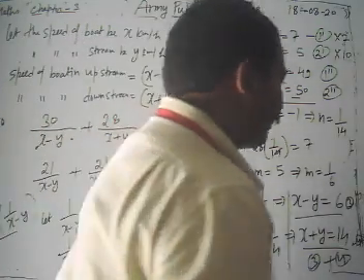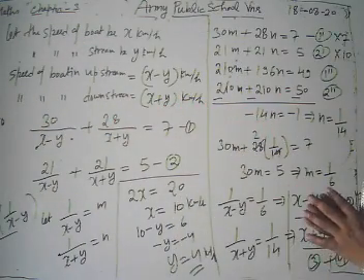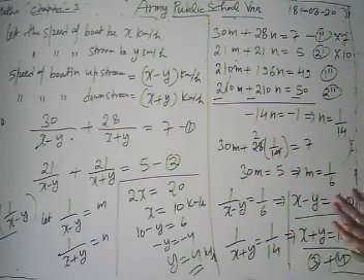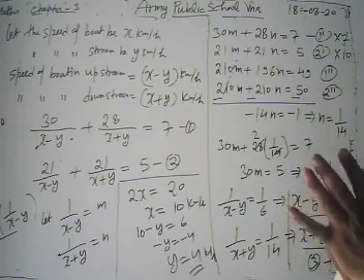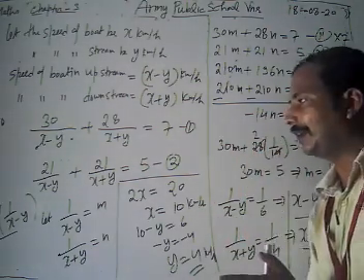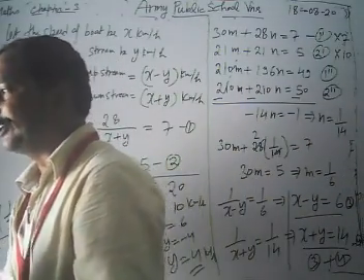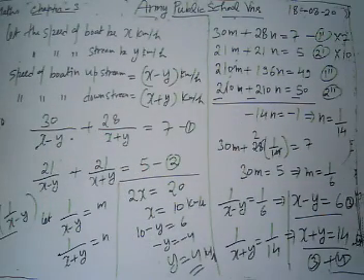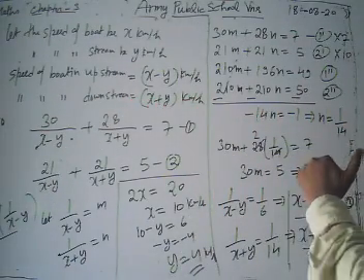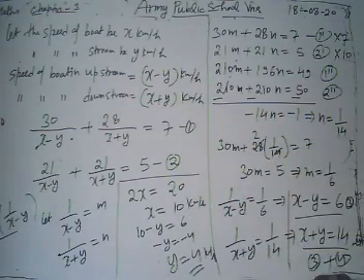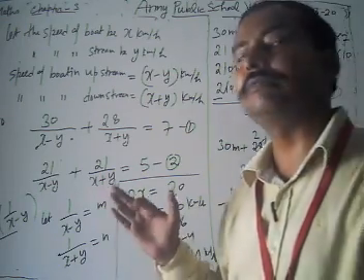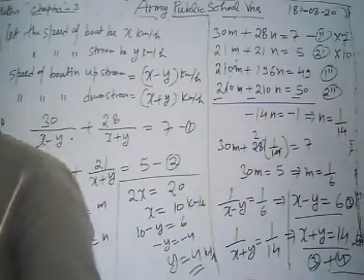Look, now again I am going to explain this. What is given there? There is a person who travels 30 kilometers upstream and 28 kilometers downstream in 7 hours. It is also given that if he covers 21 kilometers upstream and 21 kilometers downstream, then he takes 5 hours. We start by supposing that the speed of our boat is x kilometers per hour and the speed of our stream is y kilometers per hour.